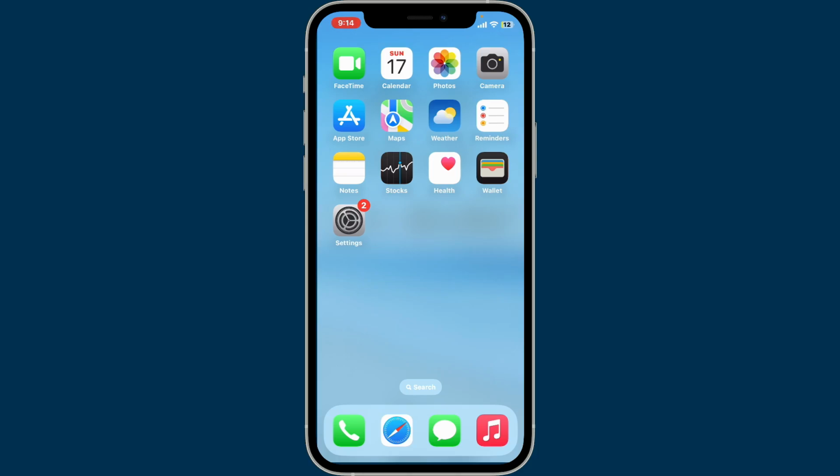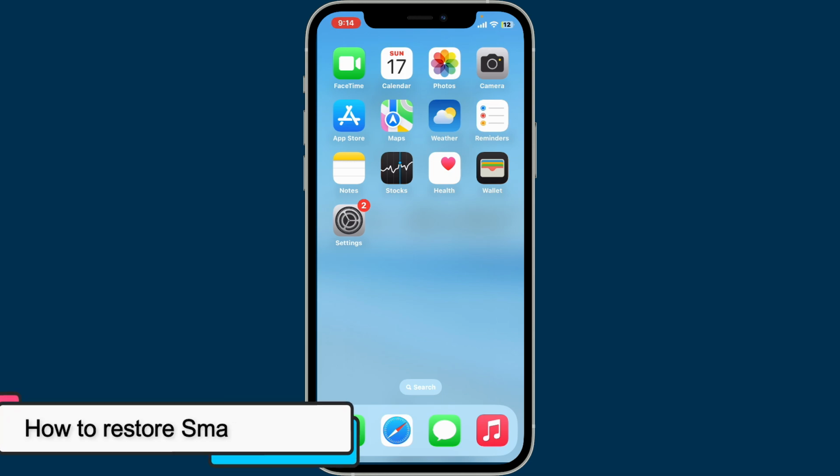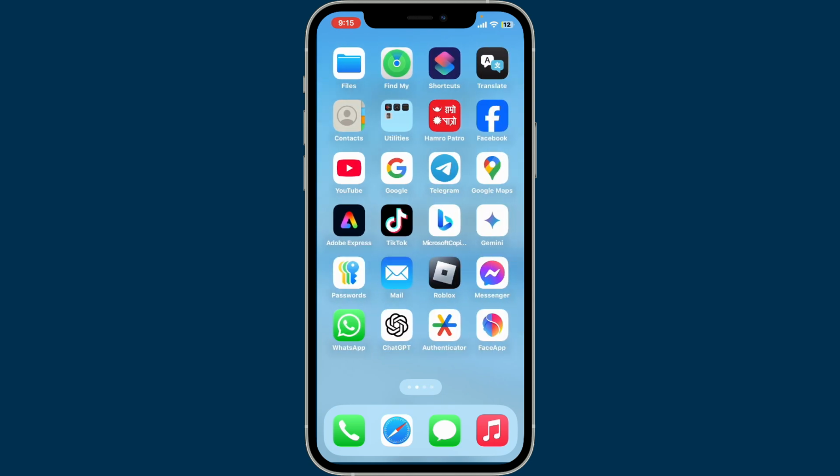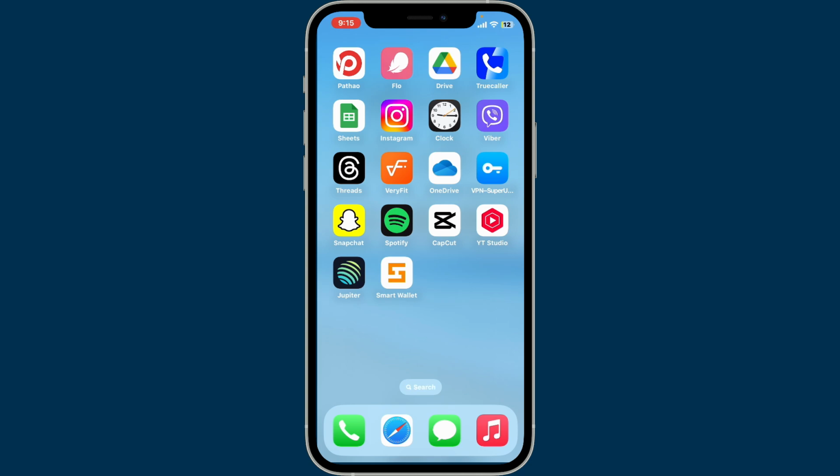In this video, we will be learning how to restore Smart Wallet. Restoring the Smart Wallet involves using your recovery phrases to regain access to your wallet and its content. If you've deleted your wallet or if you've logged out of your Smart Wallet and you'd like to restore it